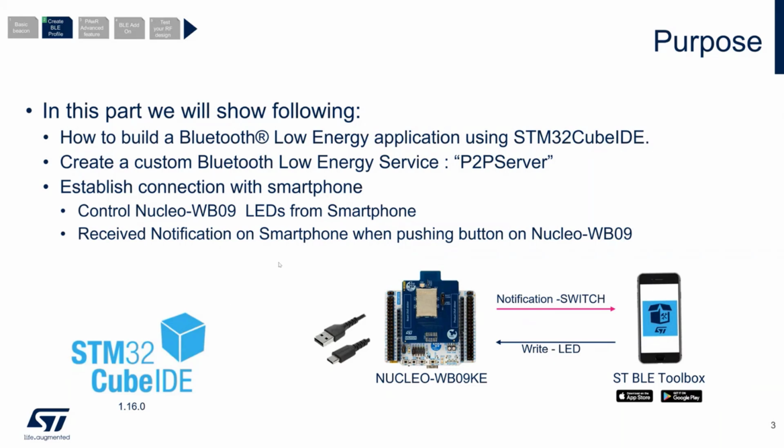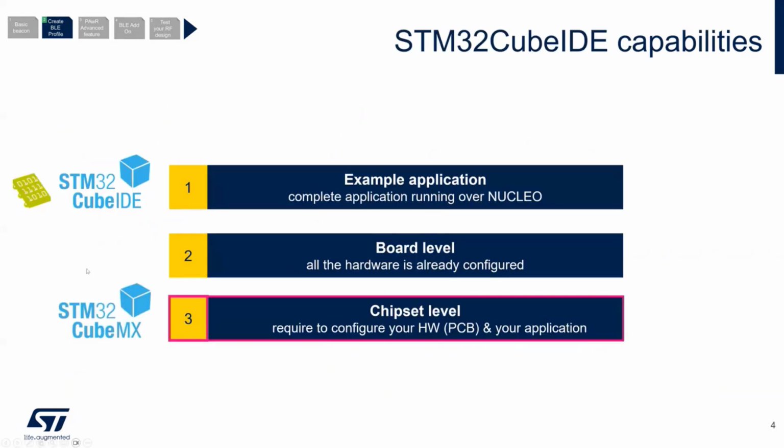So let's start. For this, we will use the CubeIDE version, which also integrates a CubeMX plugin. The idea is to start from the graphical interface. We have three options. As explained by Dominique, we can start from an example, which is exactly what you just did using the beacon. Or we can start at board level. At board level, the boards recognized by CubeIDE are Nucleo boards. It is useful if you want to prototype or evaluate on a Nucleo board.